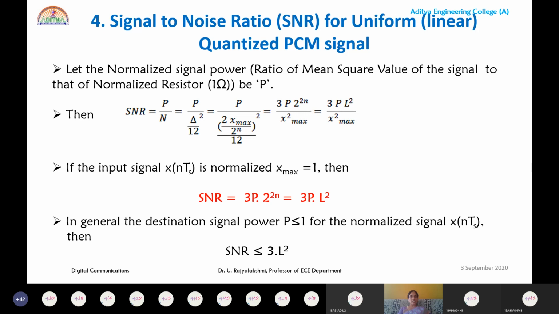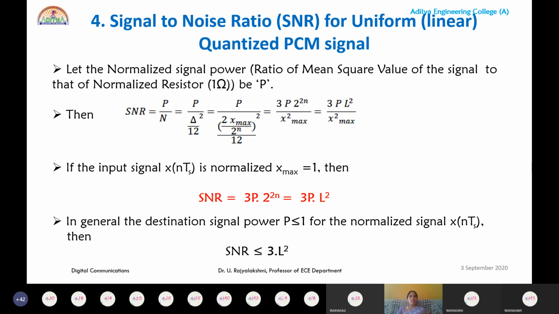Okay, x max divided by n. And what is n? N is delta square by 12, where delta is 2x max divided by 2 power n. Please substitute the value of delta in this expression, and you can obtain it as,